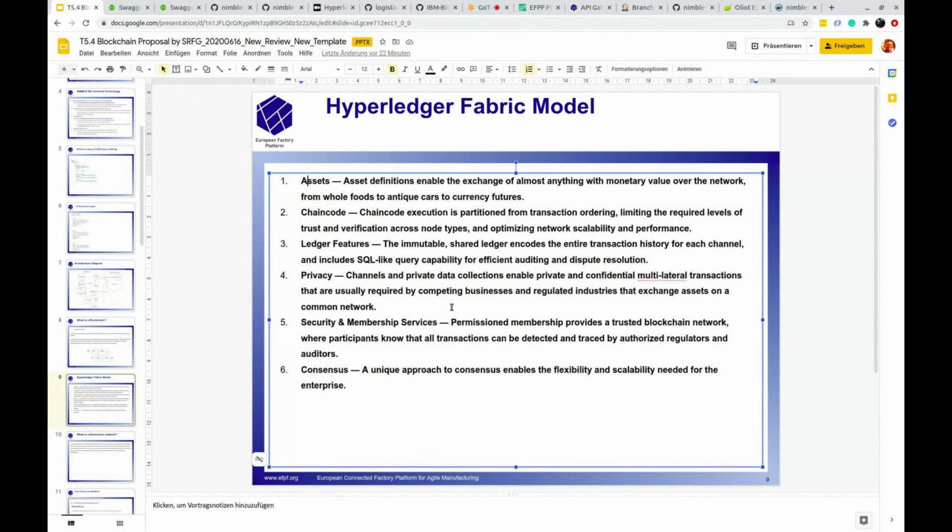And the ledger features immutability. The shared ledger encodes the entire transaction history for each channel and includes SQL-like queries, so you can do ledger querying like doing SQL queries. When we dig deep into this, it's somewhat similar to what we are developing in Nimble. We have a service and there's a database on the back side of it. We have PostgreSQL. Likewise, in Fabric, we have a smart contract, which is the same as the